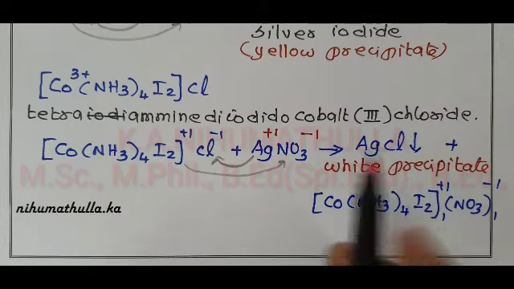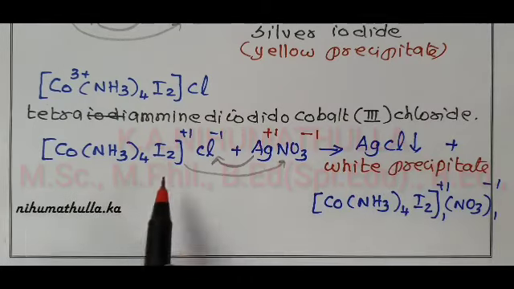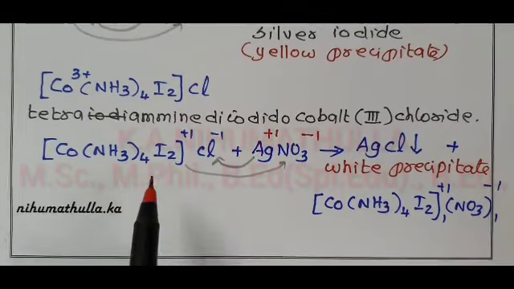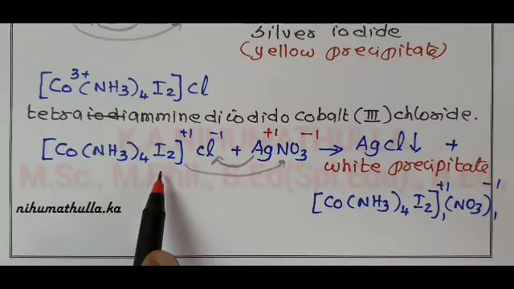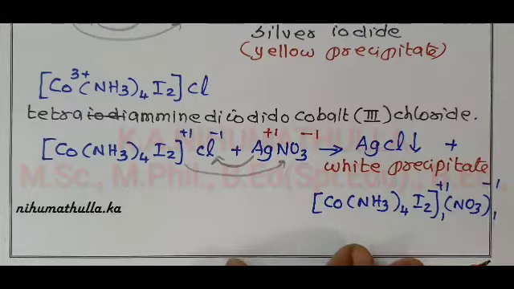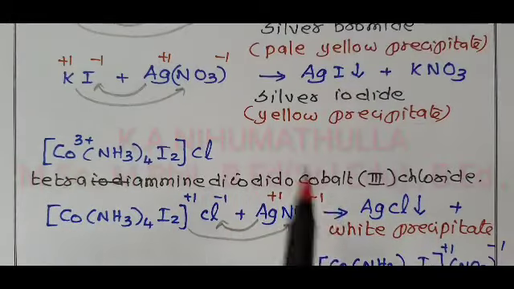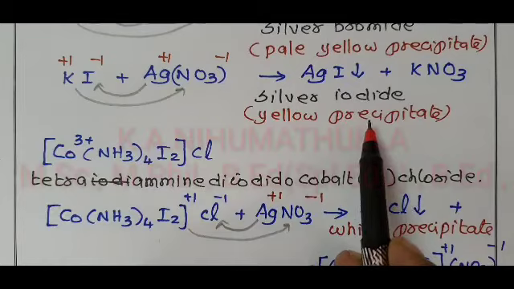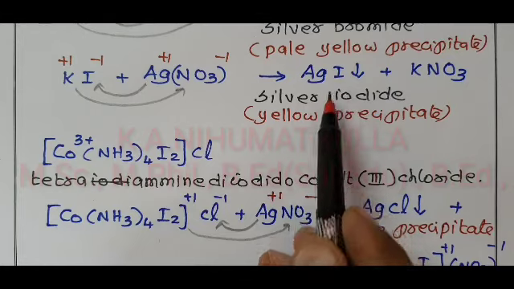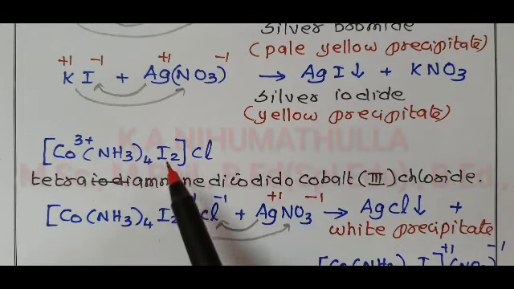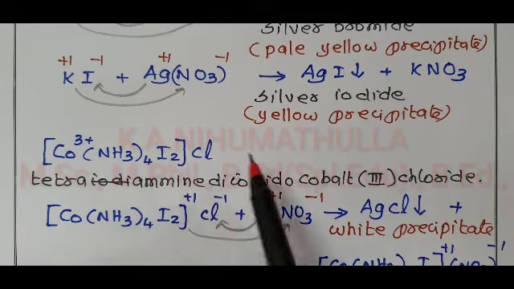Then one more question is asked in our problem. What should be the formula of the isomer of the dissolved complex that gives yellow precipitate with the AgNO3 solution? Yellow precipitate is due to the formation of silver iodide. Silver iodide is formed when one I− is present as a counter ion.